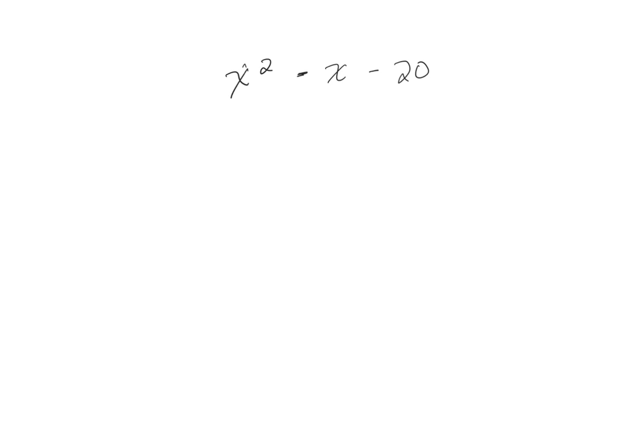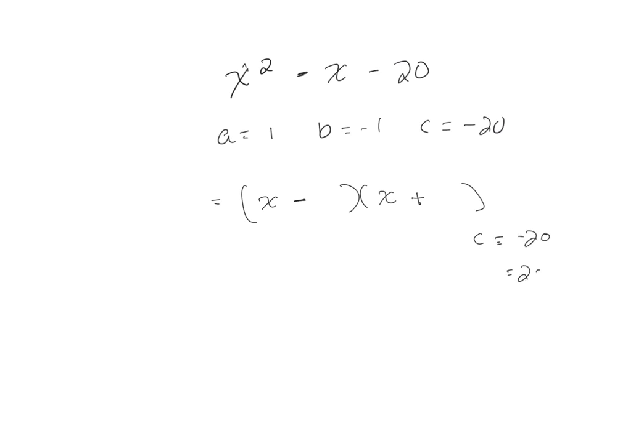Okay, welcome back. a is equal to 1, b is equal to -1, c is equal to -20. We know that if a is equal to 1, we're going to have parentheses x. b is negative, so we have a negative, positive. We did all that work just from knowing the signs. Now I'm going to look at c. c is equal to -20, but I'm going to think about this as if c is equal to 20,